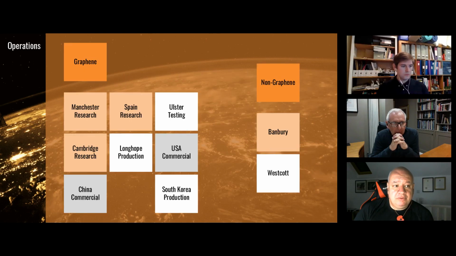If we can move on, we'll get on to what our footprint currently looks like, and you can see how the business has transitioned from being very manufacturing orientated, with our production facilities where they were producing relatively mundane products, to being very focused around our graphene production. We have obviously sales opportunities and sales facilities in the US and China, but we now have production facilities in South Korea as well as in the UK, and research not only in Europe but also in the UK. We can move on there.